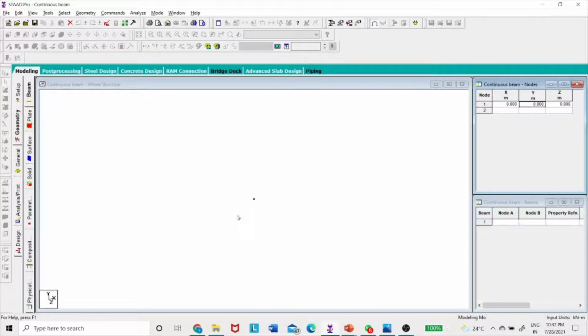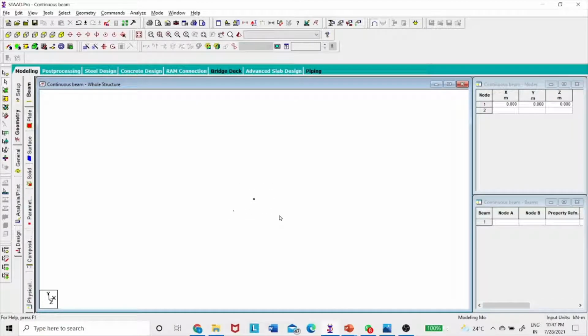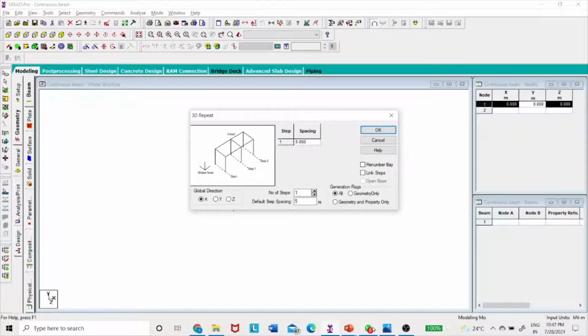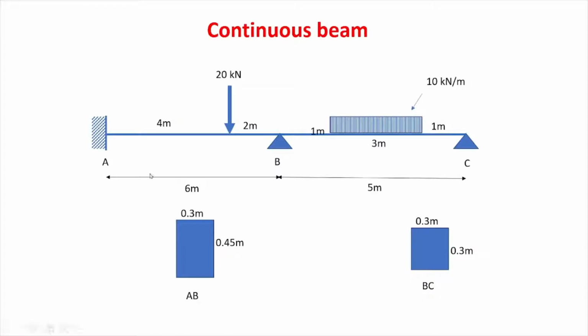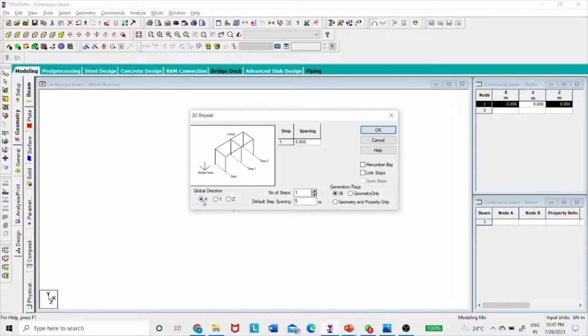First I will select the node here. So this node is selected, then I go to the translational repeat, and I will check the beam. Let us say the node is starting from A and the B point is there at 6 meters in the X direction.